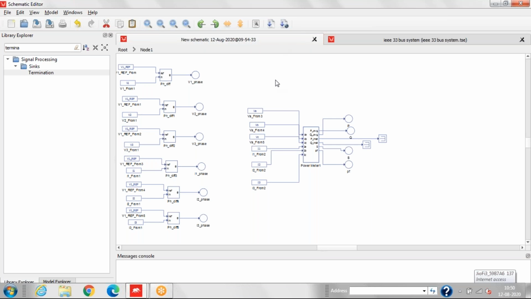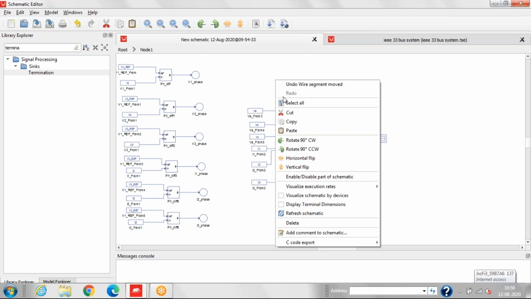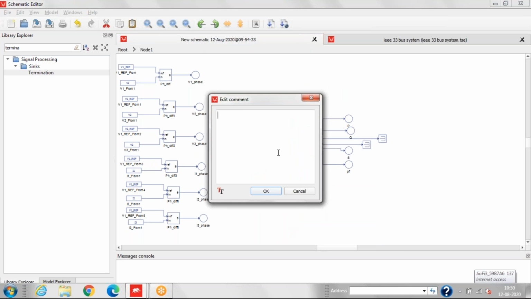So we have done the power measurement. So now we'll do the same. We'll add the comment and we'll write power calculation.